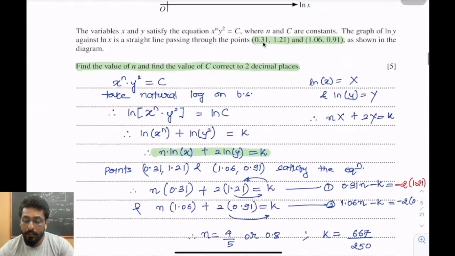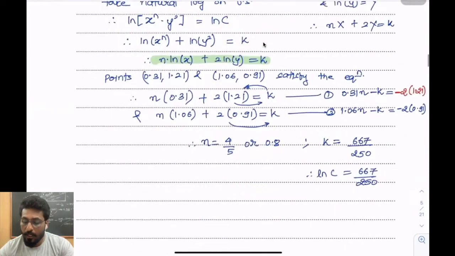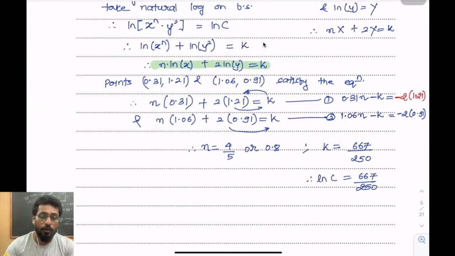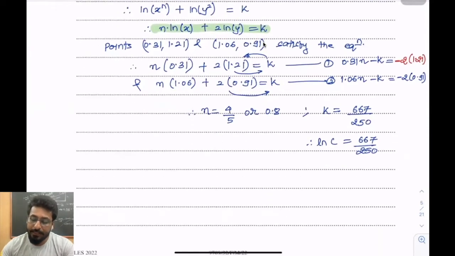I need to write up to 2 decimal places. So I'm going to get c over here. Of course, I'll first come out and clear my screen for doing the next calculation. So I now need the value of c. So c is going to be